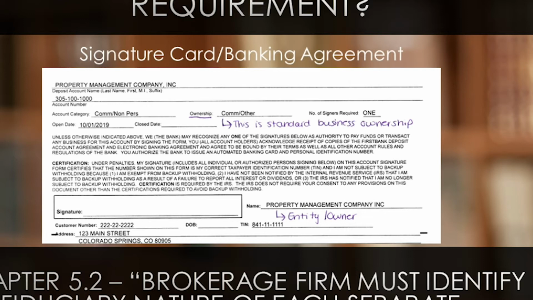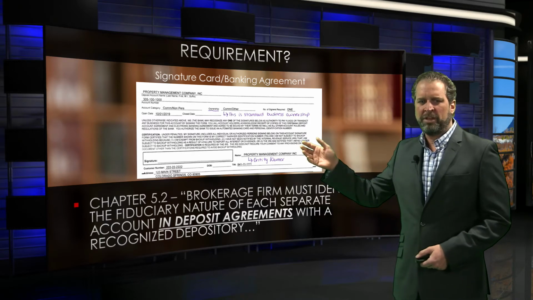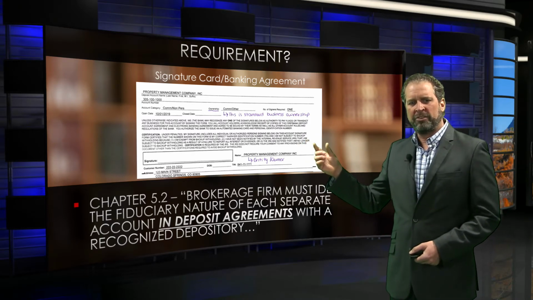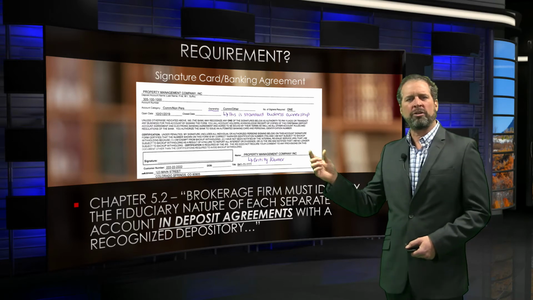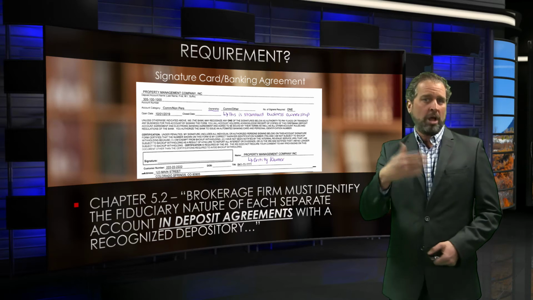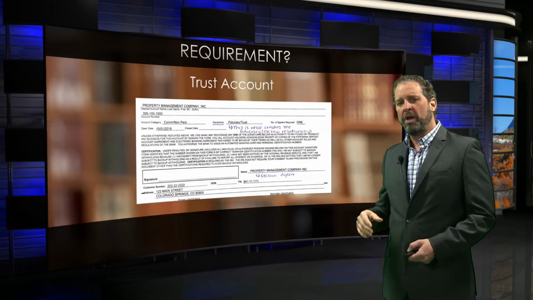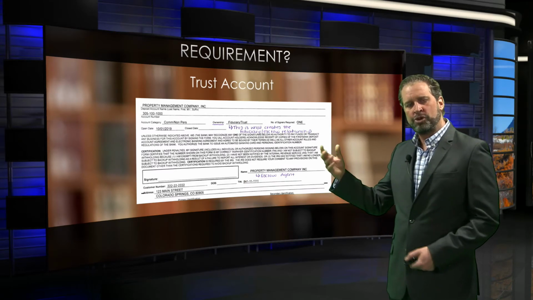At the bottom, you'll be able to click on a fuller PDF of this, and to the extent that it might help you have a conversation with your lending institution about what you're trying to create, then feel free to open this PDF and print it out and take it to your bank with you. But what this essentially says is that in this case, the ownership of the account is a commercial account or other, and maybe it would say individual account, business account. That's not what you want for that ownership of the account to say. What you want for it to say is that it's a fiduciary or trust account.